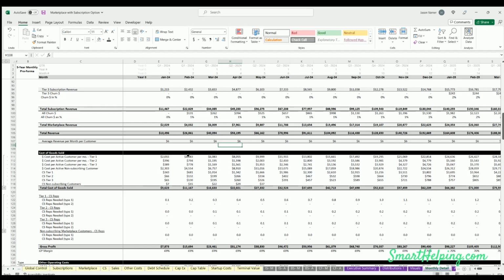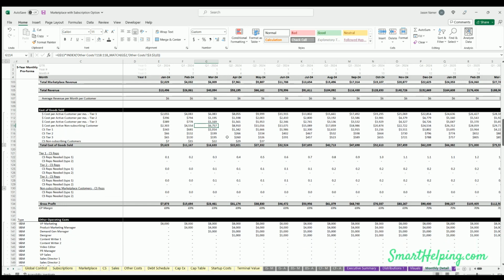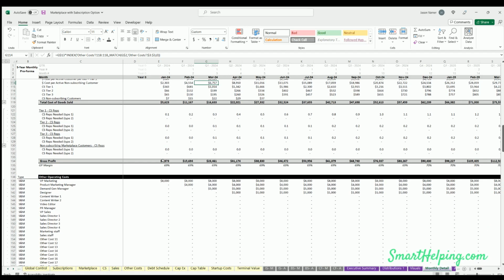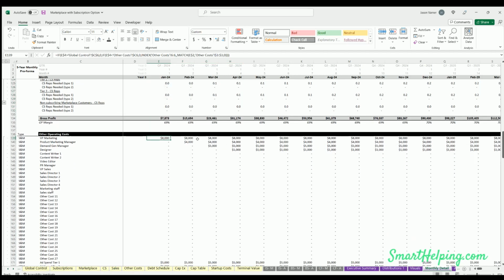Here's your cost of goods sold based on the dollar cost per active customer for each of the tiers and for the marketplace tiers. Customer service rep costs, gross profit. These assumptions just show you how the logic is coming up with how many customer service reps you have for each tier. Then you've got your general OPEX, so sales and marketing,